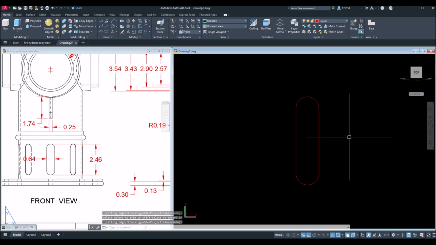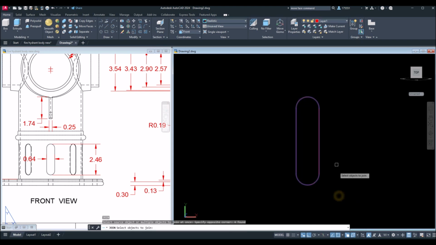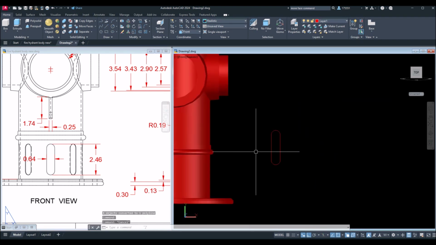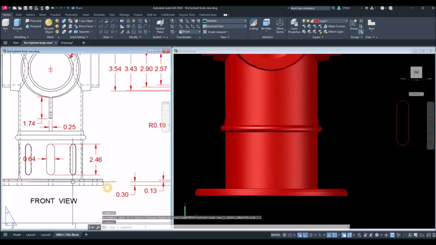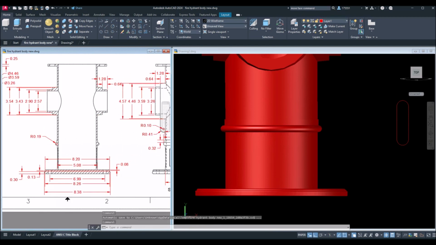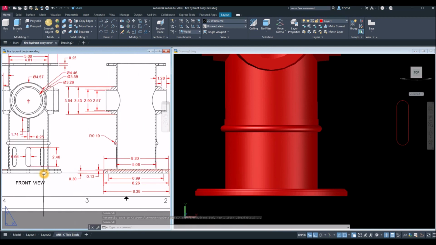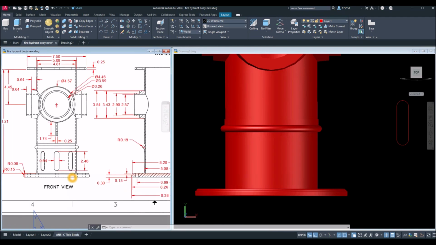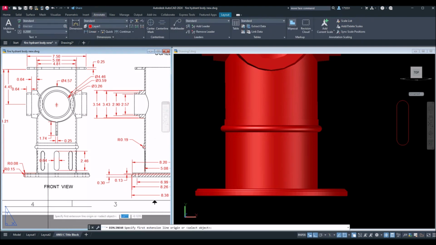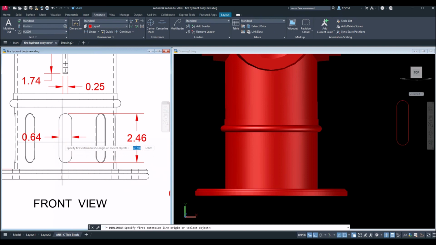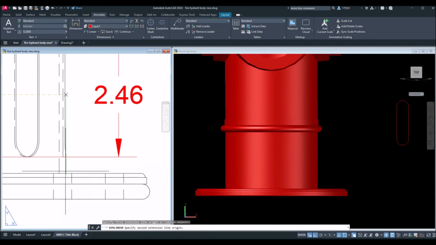Now join the segments. So just window the whole thing. Now this is one object. Now I'm gonna move that and the distance from the center. Okay, I'm gonna annotate linear from the center here. So from the midpoint to the end point here